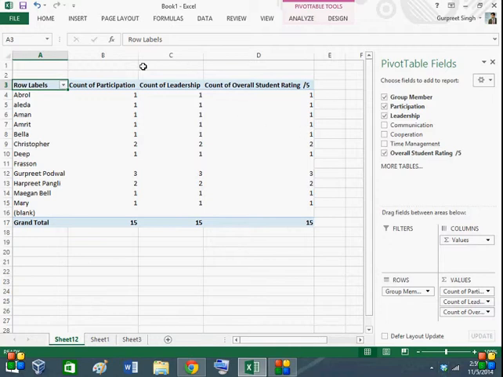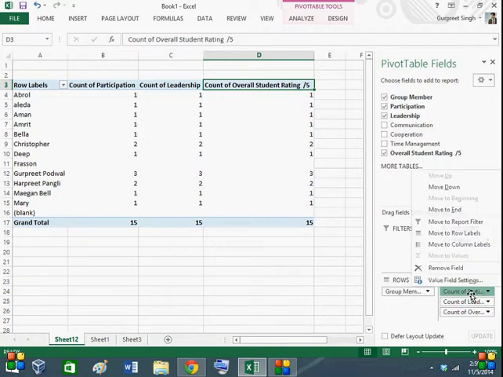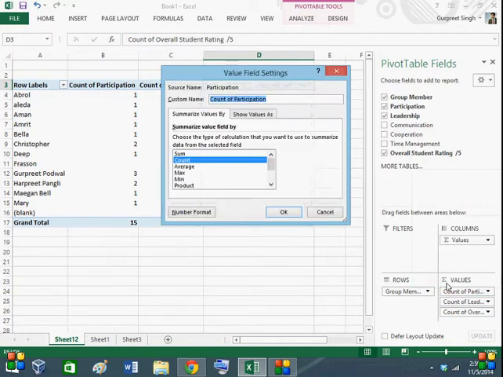You can also sort this data, over here, count of participation, leadership, and student rating. To change the format for this, we're gonna go to the values area over here, click on the participation tab, go to value field settings, and here we are.